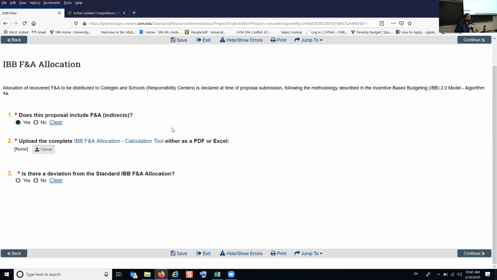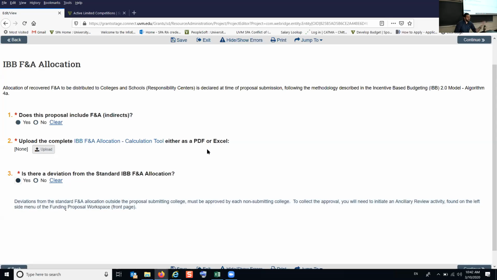So for example, if you are doing a proposal with the SEMS faculty and the SEMS investigator is a co-investigator, under the standard algorithm, they wouldn't get any F&A, but their unit would likely still ask for some of that F&A, perhaps because of the facilities and resources that investigator is going to be using that fall under SEMS, that SEMS is responsible for, et cetera. Or Rubenstein, for example, often asks for deviations. And so if you were to say yes in that case,